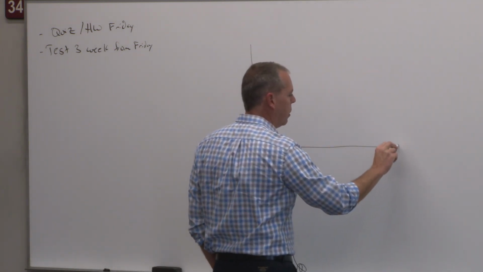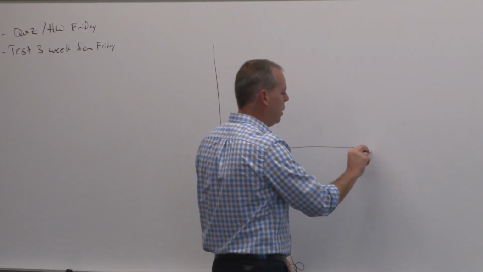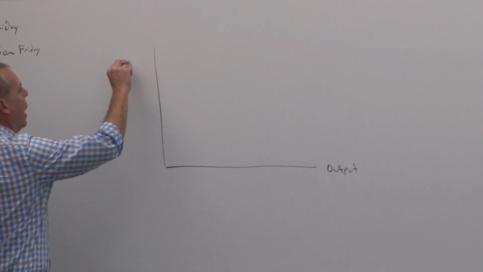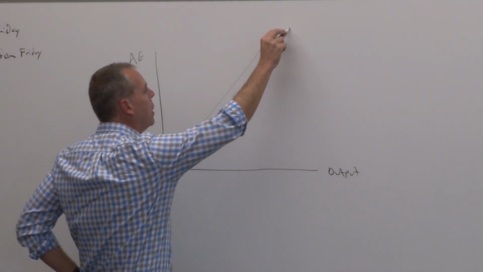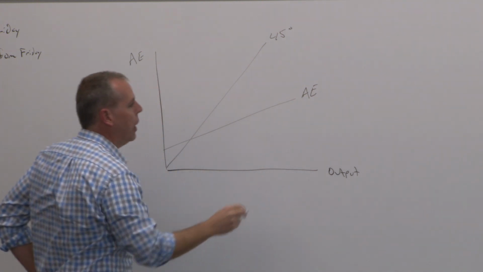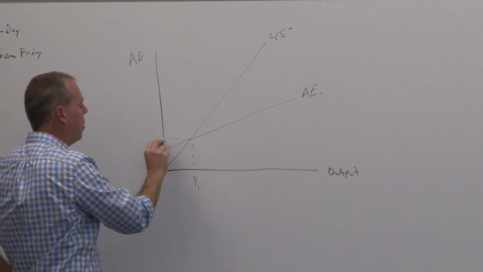We had our nominal GDP here, I'm just going to call it output, and we had our aggregate expenditures here. We have our 45-degree line, and we have some level of aggregate expenditures. And at this level of aggregate expenditures,